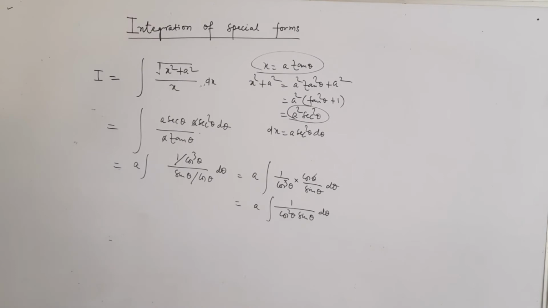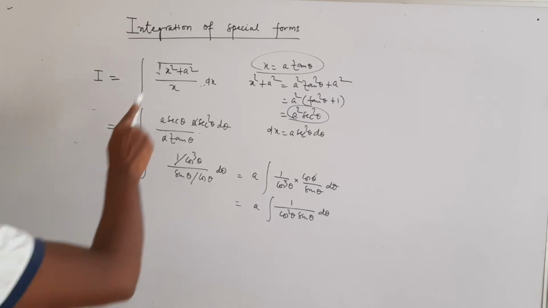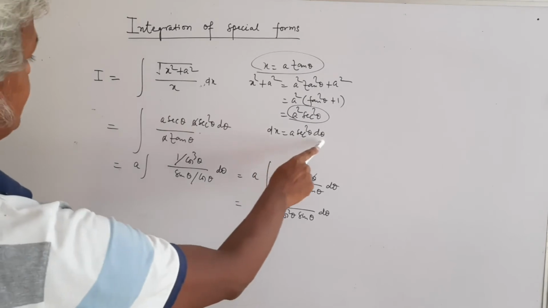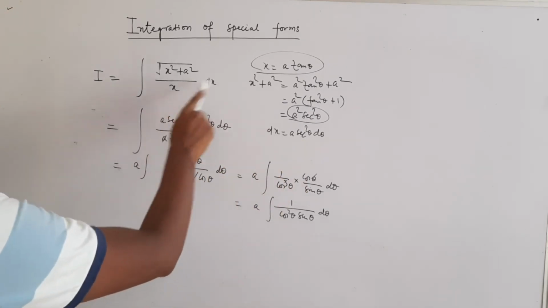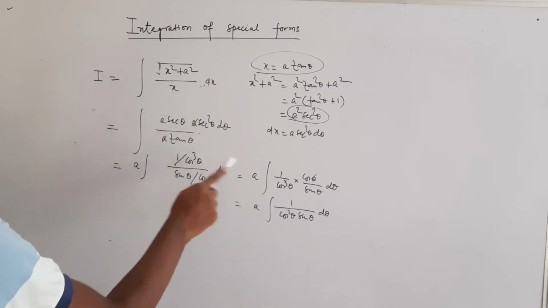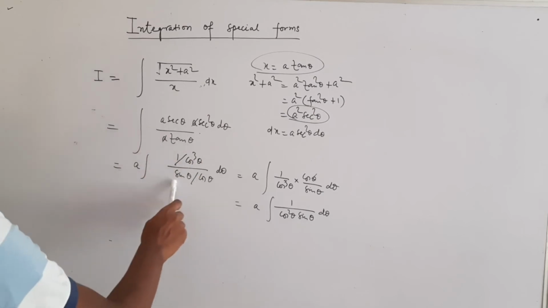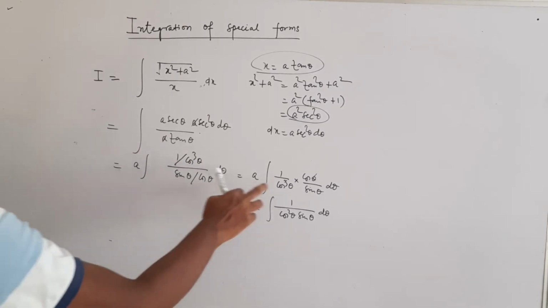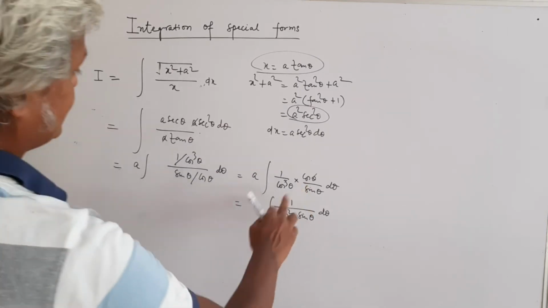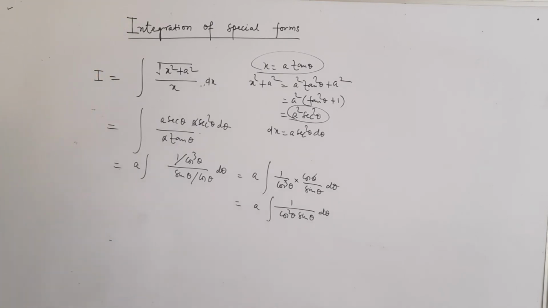Now how will you solve this particular form? Because now let me verify again whether I made some mistake or not. So under root x square plus a square will be a sec theta, right? Dx is a sec square theta d theta, correct? And x is a tan theta, fine. 1 a cancel here, this is sec cube theta, 1 over cos cube theta, correct? Tan theta is sin theta over cos theta, correct? Then 1 over cos cube theta into cos theta upon sin theta d theta. So the cos cancels, 1 over cos square theta and sin theta d theta. Now we have to find a way how to solve this particular question, because this is taking a different form.